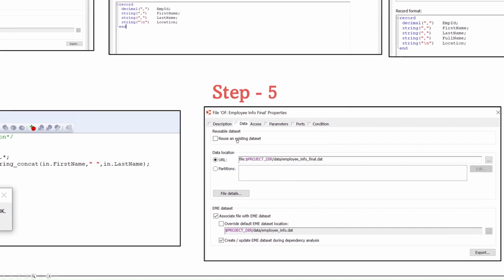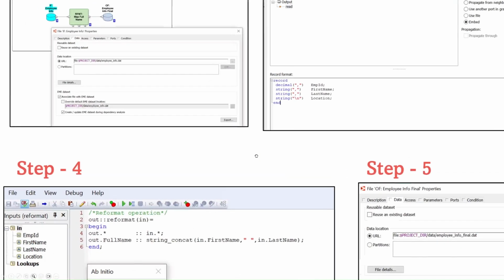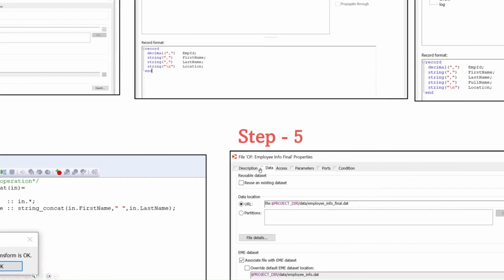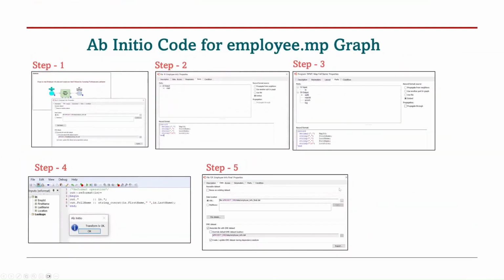In the output file, you need to mention the location where you want to store your output file. I have given the data folder in my project directory. The new file needs to be created: employee_info_final.dat. So you can see my input file is employee_info.dat and my output file is employee_info_final.dat. This is how you write Ab Initio code to create this employee graph,